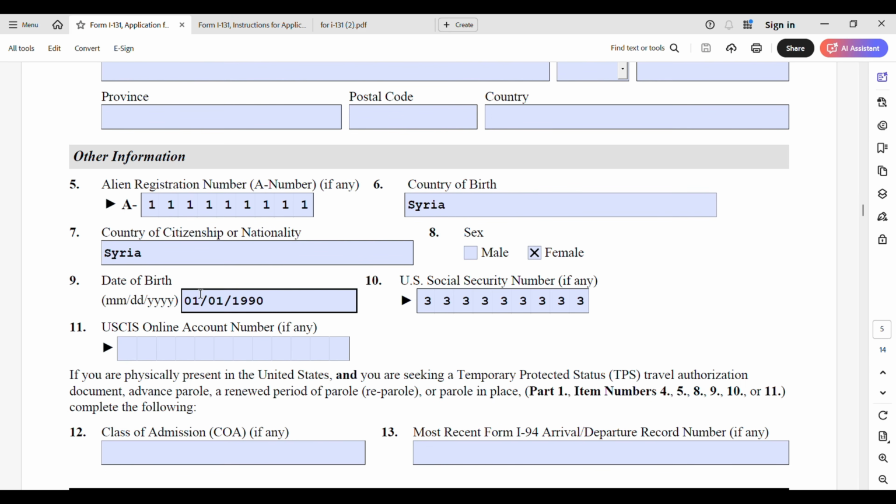Date of birth. Question number 9, date of birth is January the 1st, 1990. U.S. Social Security number, just for learning purposes, I put 333393. Question number 11, USCIS online account number, if any. If you have one,